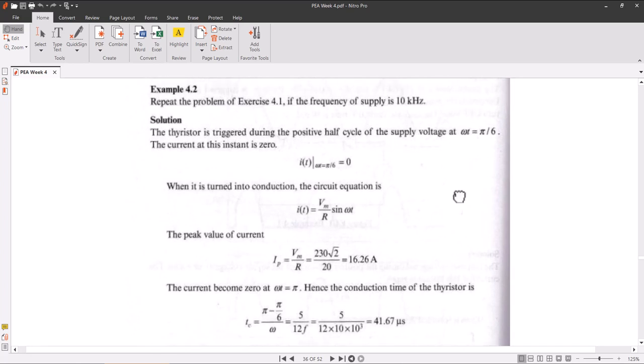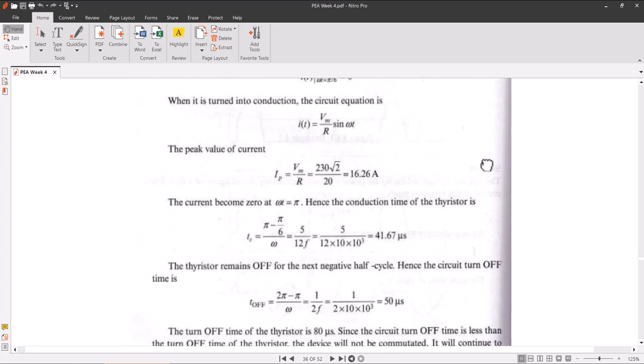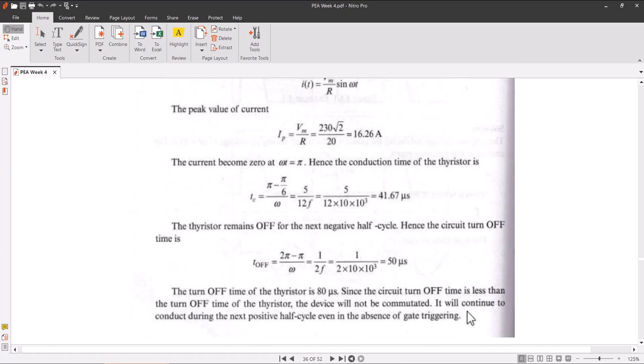बेसिकली आप ये जो फ्रीक्वेंसी है ना 10 किलोहर्ट्ज, इसका अगर आप निकालें टाइम पीरियड तो वो आपका निकल रहा है 100 माइक्रोसेकंड, जिसमें से 50 माइक्रोसेकंड वो ऑन है, 50 माइक्रोसेकंड वो ऑफ है, जो साइन वेव आपको गिवन है। अब इसका टर्न ऑफ टाइम है 50 माइक्रोसेकंड और थायरिस्टर का कितना है 80 माइक्रोसेकंड, यानी आपका सर्किट जो है वो 50 माइक्रोसेकंड के लिए उसने होना है, लेकिन थायरिस्टर को तो 80 चाहिए, तो इसका मतलब है कि थायरिस्टर को टाइम प्रॉपर नहीं मिल रहा बंद होने के लिए, कम से कम उसको 80 माइक्रोसेकंड देने पड़ेंगे आपको ताकि वो बंद हो जाए। तो इसका मतलब है इस कंडीशन में आपका थायरिस्टर बंद नहीं होगा, ठीक है। ये एक नॉर्मल सर्किट है, इसे सही से डिजाइन करना है।